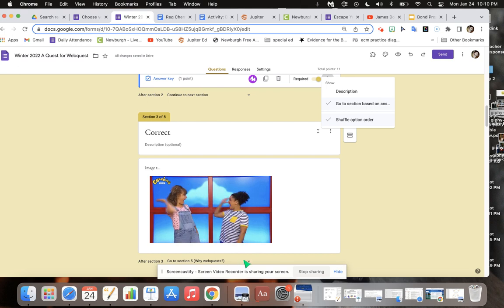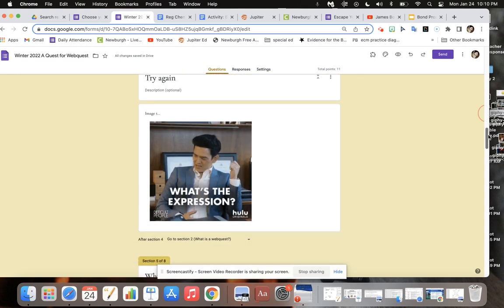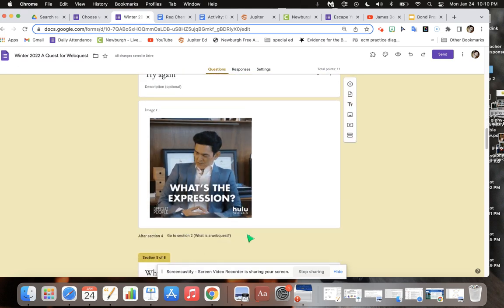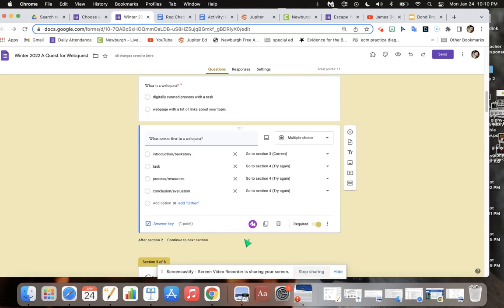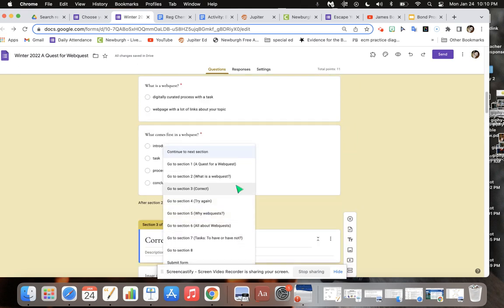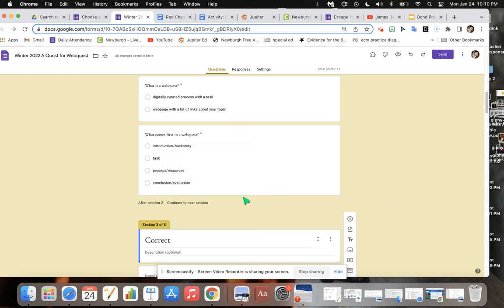It's going to go to section 5, the next section of work. And if they get it wrong, I've changed where it's going to go back to that section that they had that last wrong answer. Okay. And again, just to do that, all you have to do is click and you can send it wherever you like. So that's how you can always change